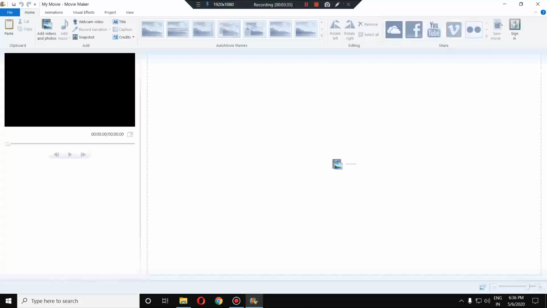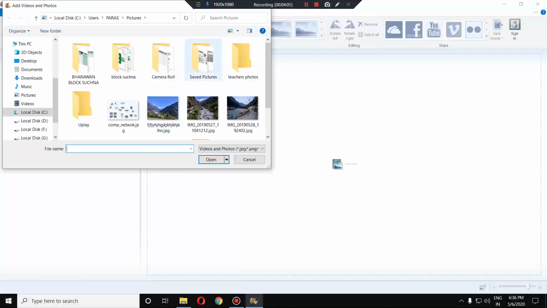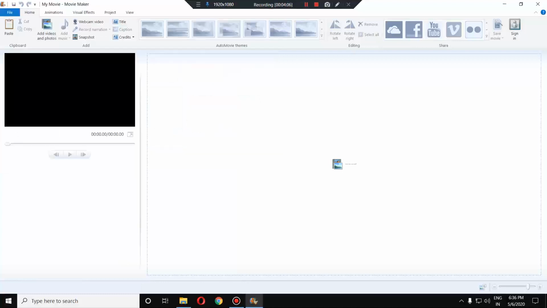Okay, so this is our Windows Movie Maker software. As I am using Windows 10, I am searching. If you are using Windows 7, there also you can search, or you can directly go to all programs and you will find Movie Maker already there, and you can open it. As I don't have all programs here, since it is Windows 10, I cannot show you that, but if you are using Windows 7, you can do it.